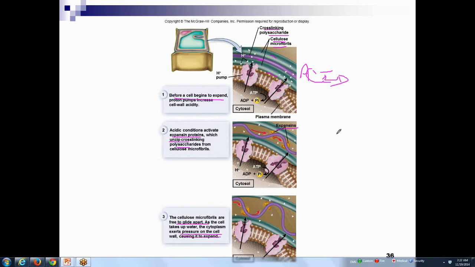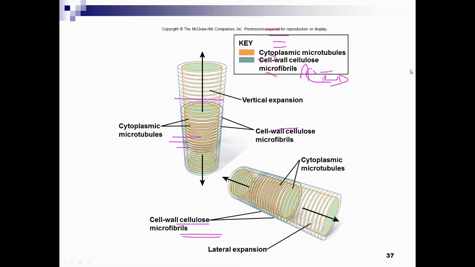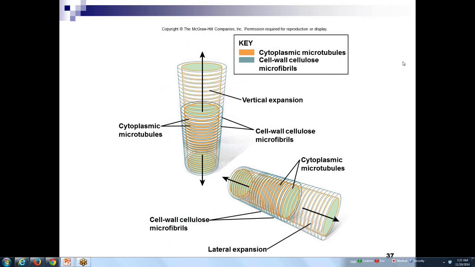Isn't that cool, guys? So it all starts out with proton pumps. They pump hydrogen ions out to the cell wall. The cell wall becomes more acidic. Then that causes the expansin proteins to begin to show up, and they begin to break down the cross-linking polysaccharide, sort of unzipping the cellulose microfibrils. They can expand, loosen up, and then the cell actually gets bigger. Isn't that cool? And we can determine the direction of the growth by how we unzip the